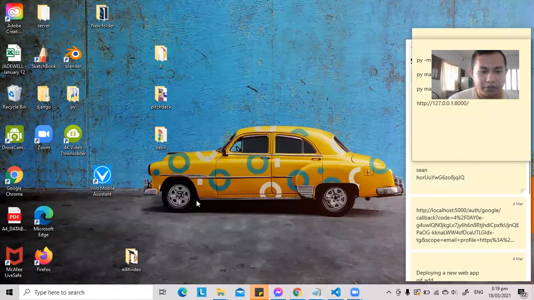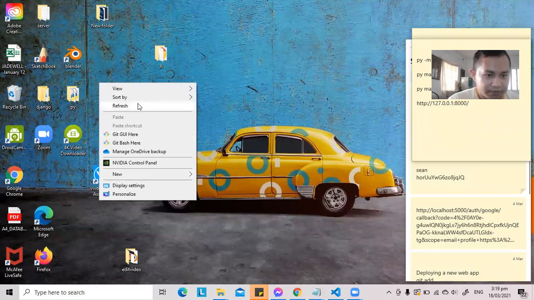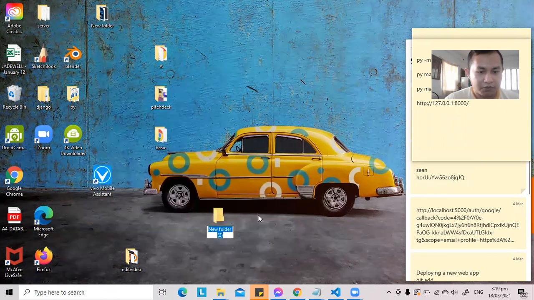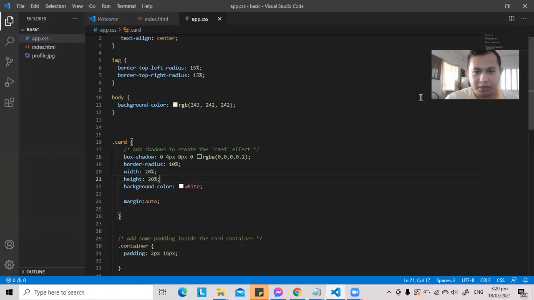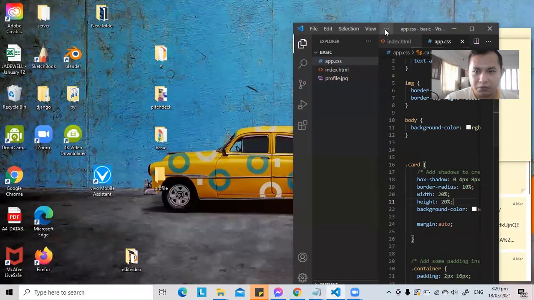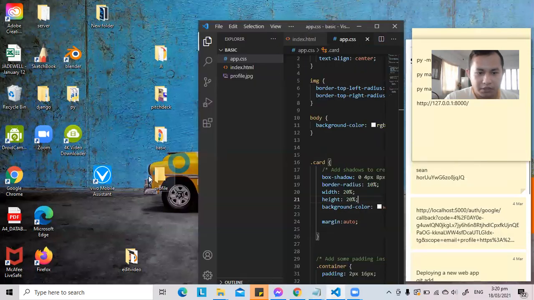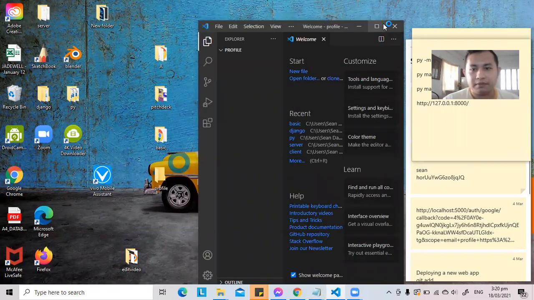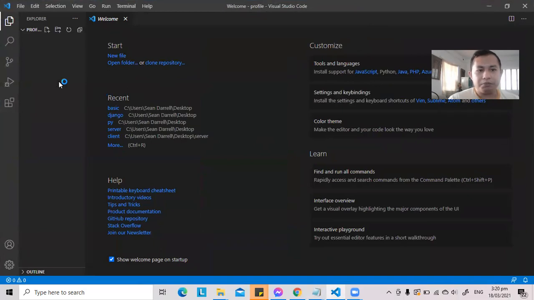Okay, so the first thing that we're going to do is make a folder. So let's say that you were able to download Visual Studio Code. You make a folder, and then let's name this as profile. And then since something is already open in my Visual Studio Code, I'll just put this here. Okay. So once we put the folder here in Visual Studio Code, you click this,